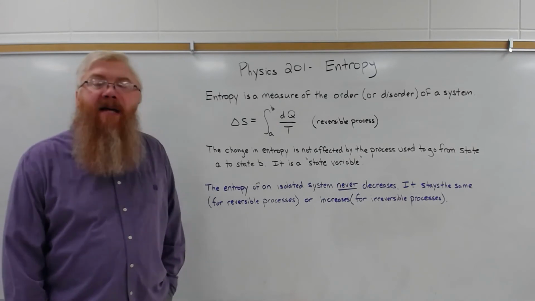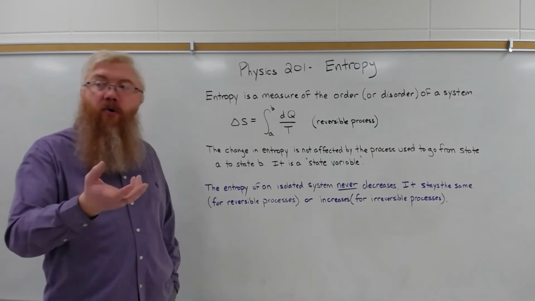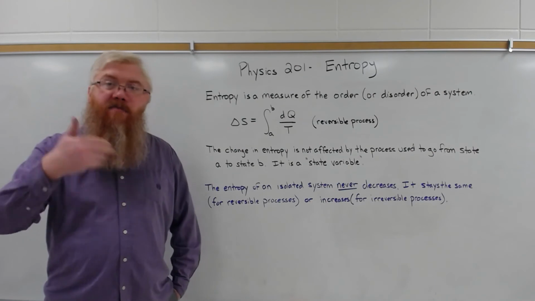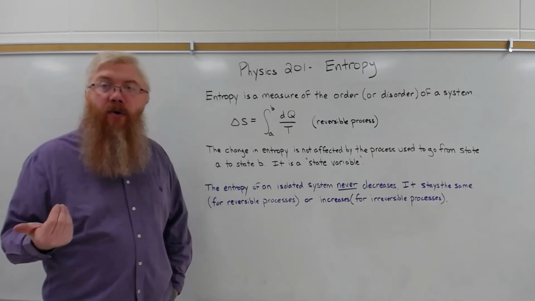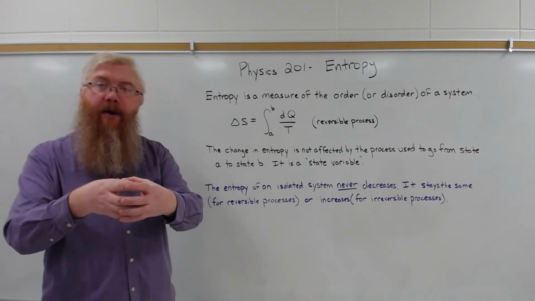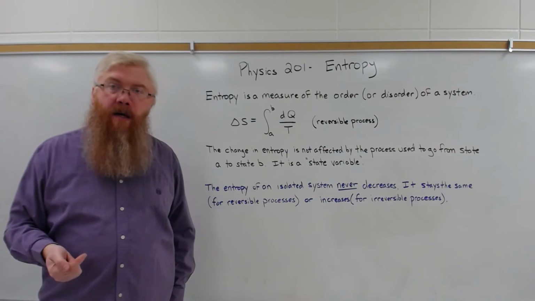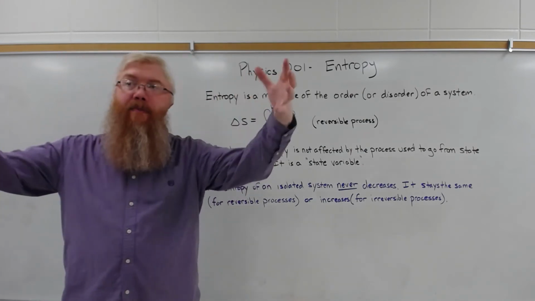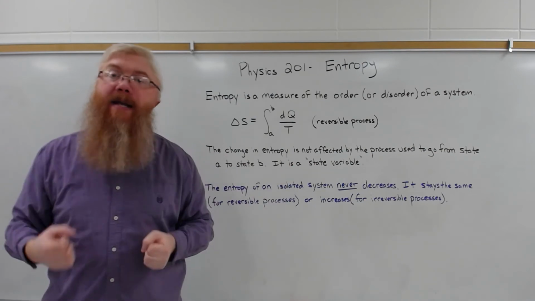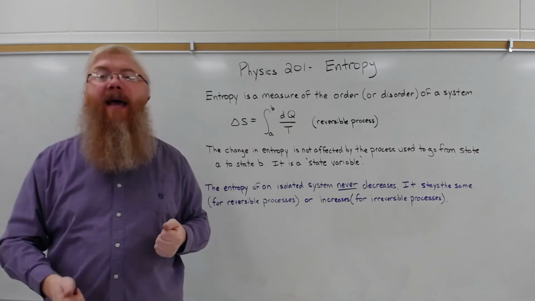A simple example is a perfume bottle. Take a bottle of perfume or cologne in your room or in any room, open it up, and eventually you can smell the perfume or cologne in that room. The molecules that were nicely isolated in that container are now spread throughout the room. That is an irreversible process. You cannot easily gather up those scent molecules and shove them back in the bottle. And they certainly won't spontaneously go back in the bottle. So the entropy of the system and the environment increases with time.